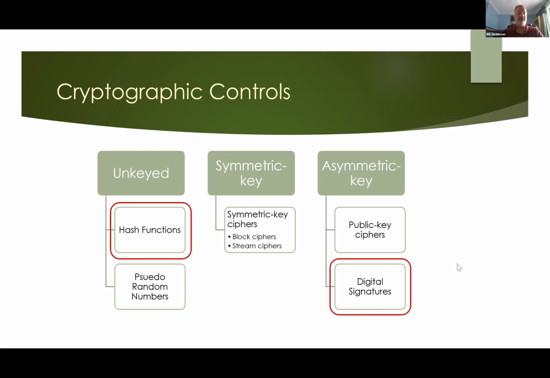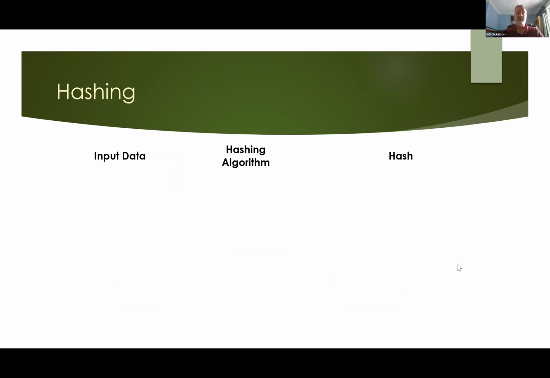The two, digital signatures and hash functions, are really at the key and the core of what we use blockchain for. But the real important one are the hash functions. This is the key to creating a blockchain, as well as all the improvements that come with it. So we'll take a look at the hashing.